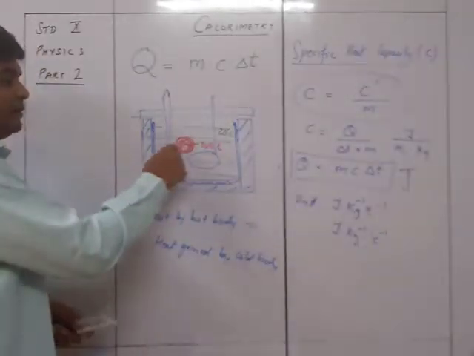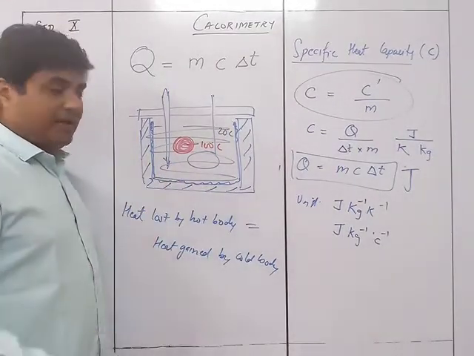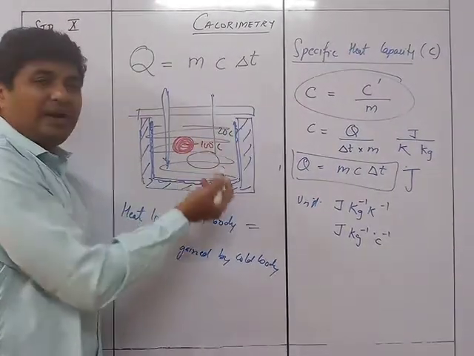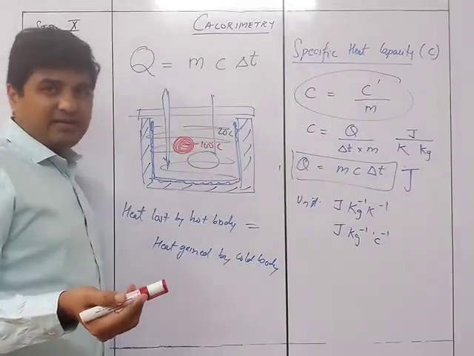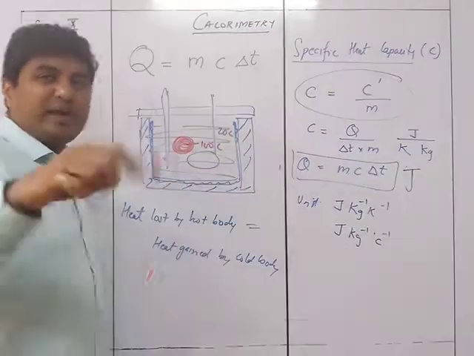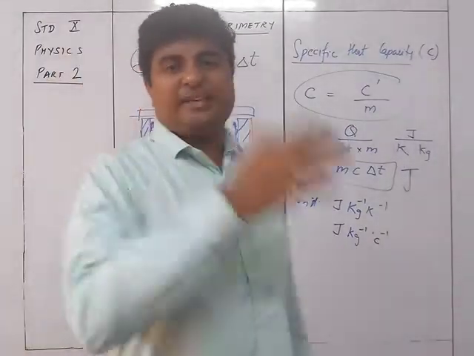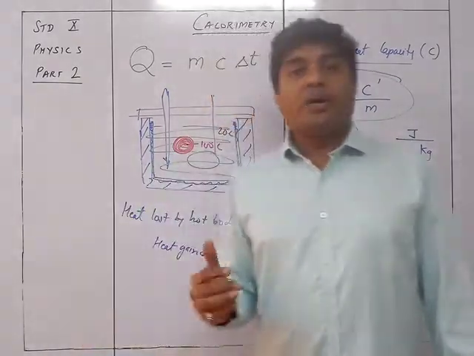So what will happen to the heat? This iron ball will lose heat and will reach a temperature of, say, maybe 70-80 degrees Celsius or 60 degrees Celsius, and this 20 will also become 60 degrees Celsius. So 100 भी 60 पे आएगा, 20 भी 60 पे आएगा. Okay, how is that possible?